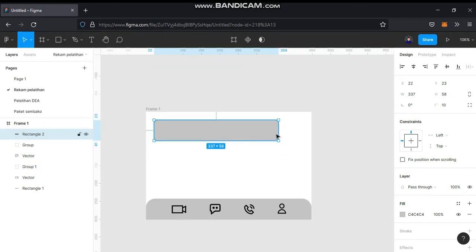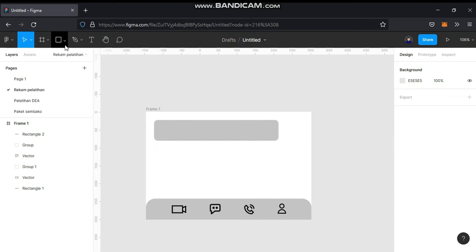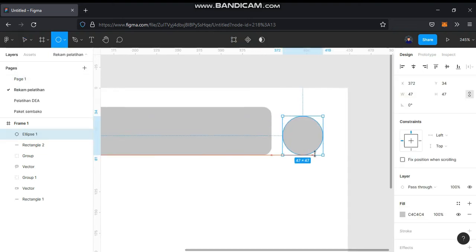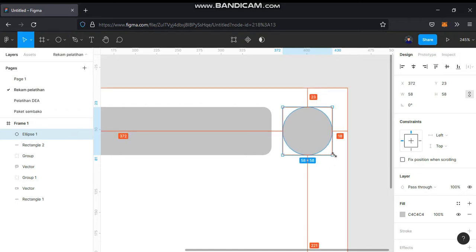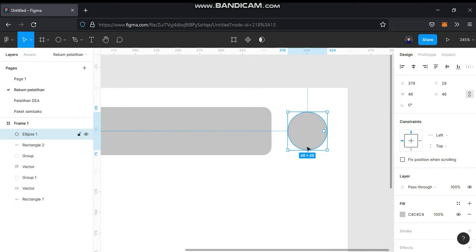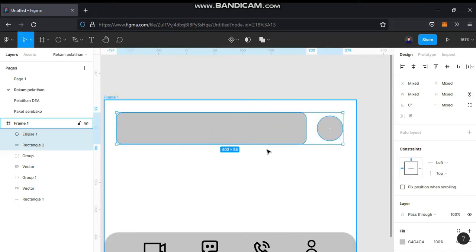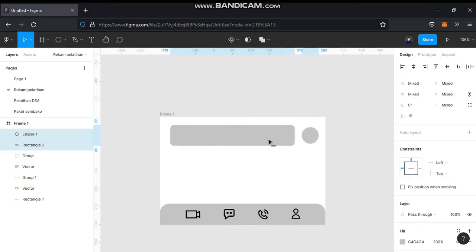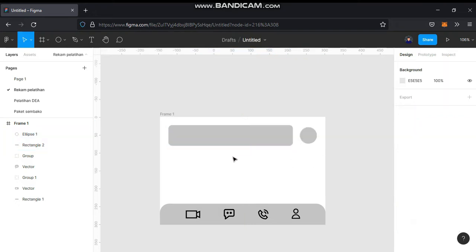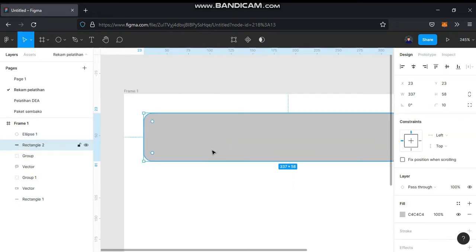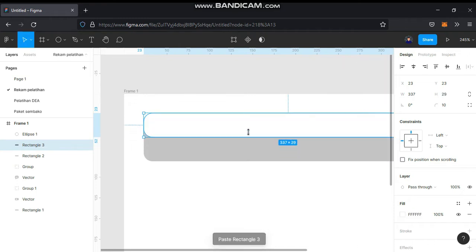We make an illustration of a chat application, chat or message. First I make a rectangle in the center. Then we make an illustration of text with rectangles.